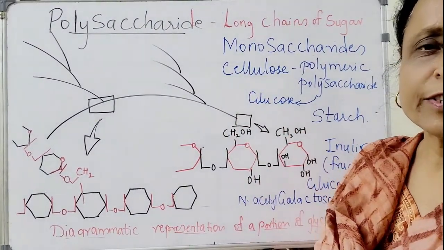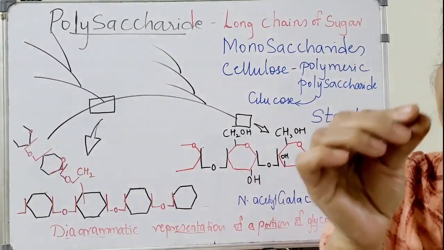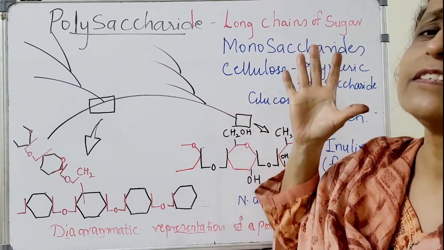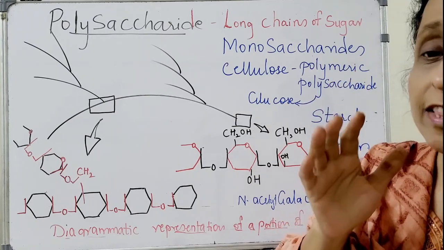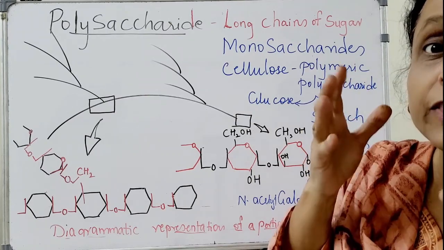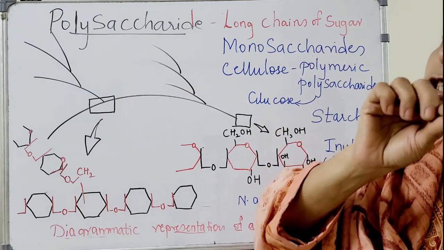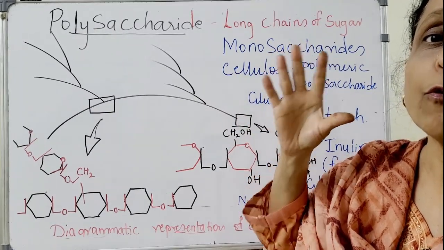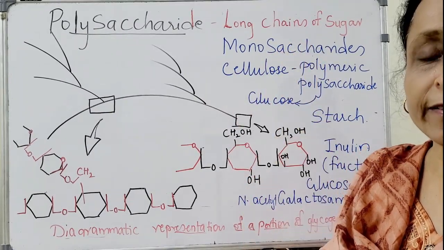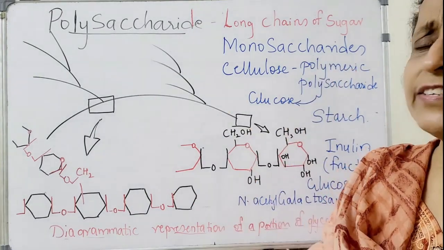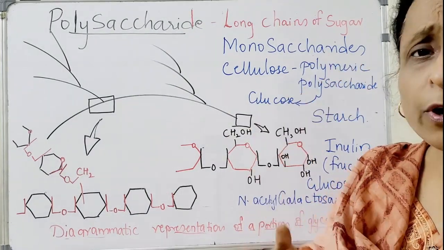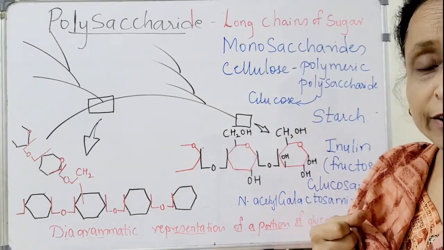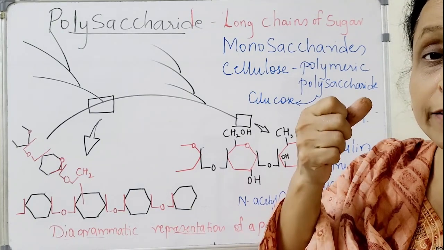Now polysaccharides, they are made up of monosaccharides. Monosaccharides, many sugars, 1, 2, 3, 4, many sugars, they will make polysaccharide. They are polymers, and they are homopolymers because monosaccharides are all the same, therefore homopolymer polysaccharide. They are bigger in size. Since they are polymers, they are held up in the acid insoluble fraction, and therefore they are